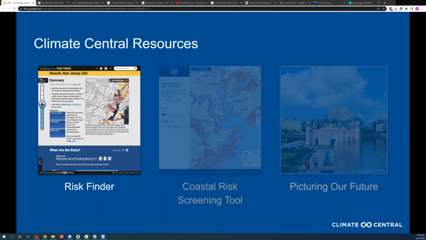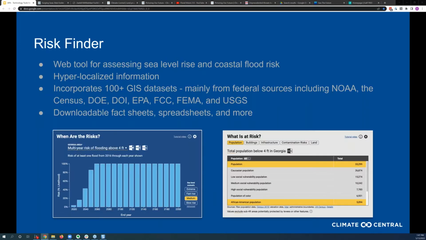It might be interesting to go dive in and take a look as I go through this. With Risk Finder, you can search for your location and drill down to the zip code level. It incorporates lots of data sets from NOAA and other federal sources. You can download the images and tables you see in the tool, and it uses a bathtub model for coastal areas. We don't incorporate precipitation, and we don't really incorporate inland flooding.